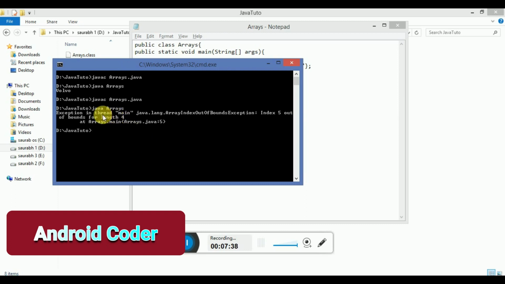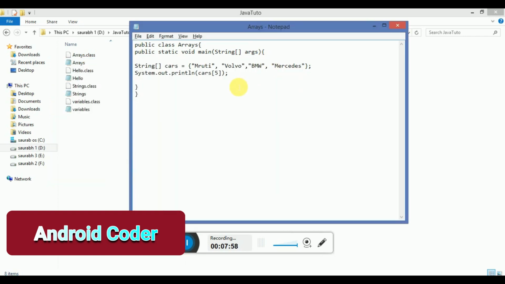Now here it shows the error: index out of bounds for length 4. We are accessing index 5, so this is not possible. The index has to be less than the length of the array. So the conclusion is that arrays have a fixed size.